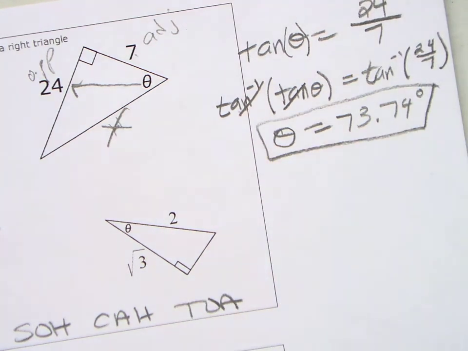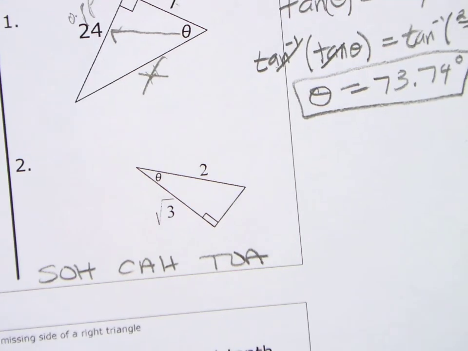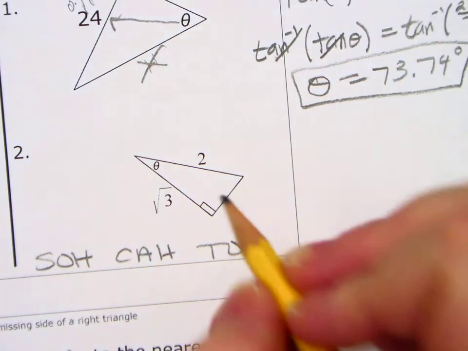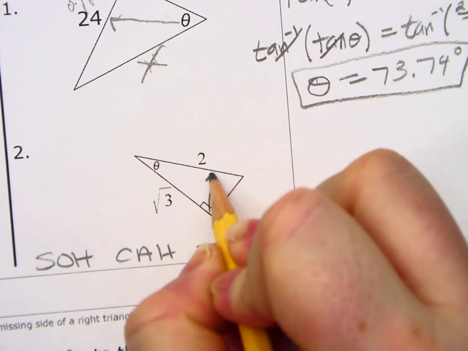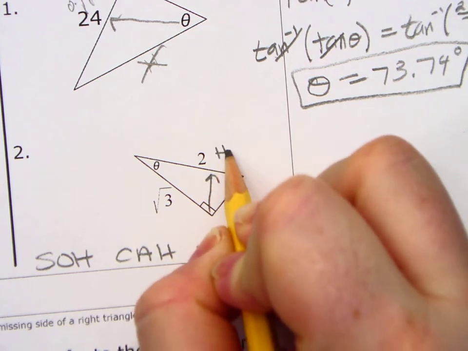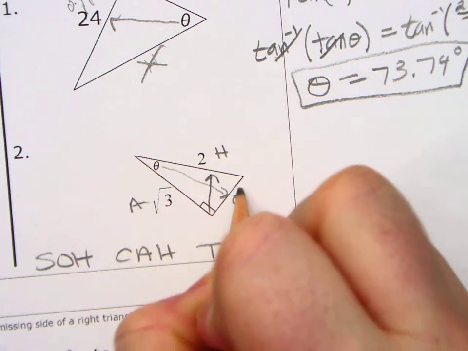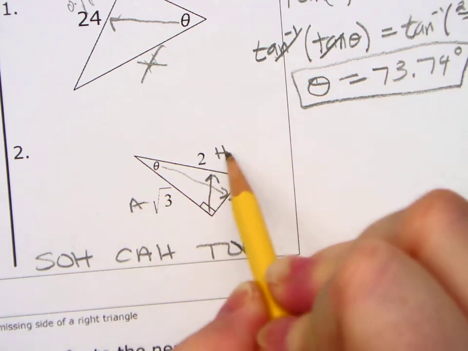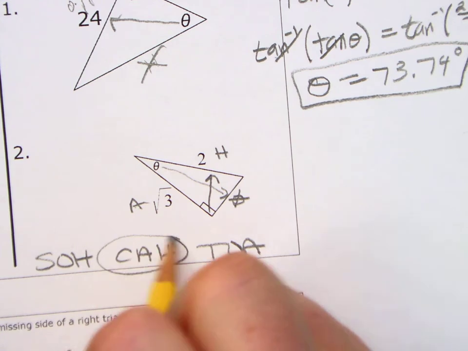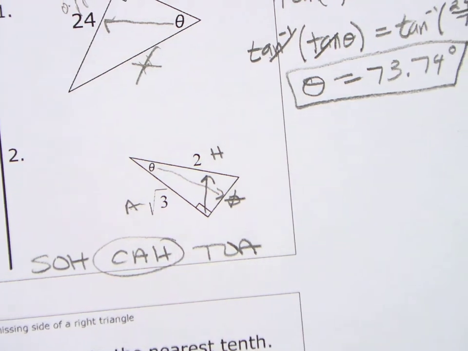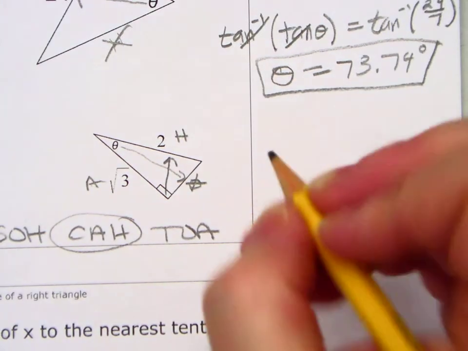Pause the video. Do the next one on your own. All right. Again, I'm labeling. What do I have here? This is my right angle, so I have my hypotenuse. This is my opposite. This is my adjacent. So I don't have my O. I have A and H. That's your cosine. So cosine of theta